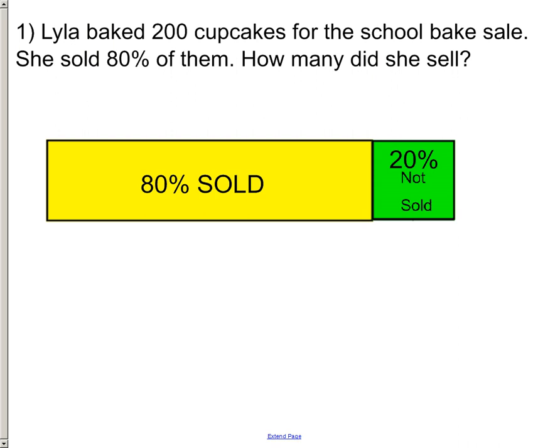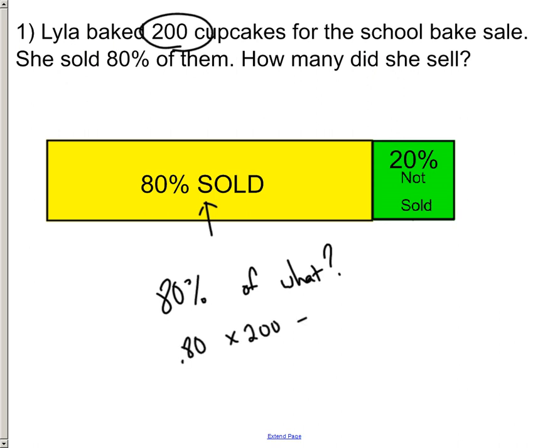And it becomes pretty apparent that she's asking how many did she sell, so we're interested right here in the 80% sold. So 80% of what? Well, she had 200 cupcakes and she sold 80% of them. So it's just 0.80 times 200 and we get 160. So Lyla sold